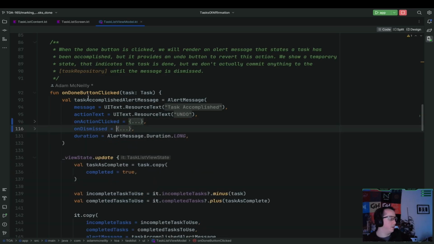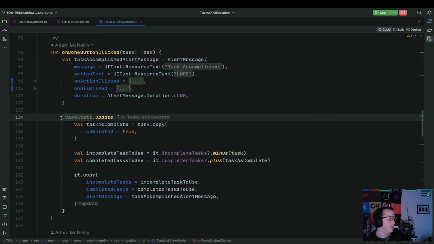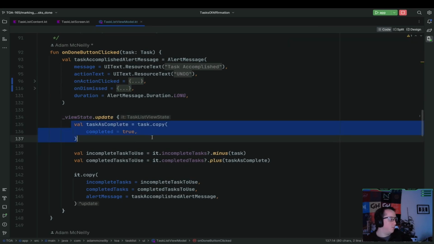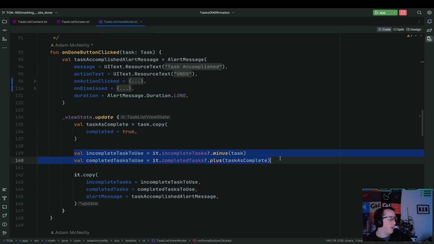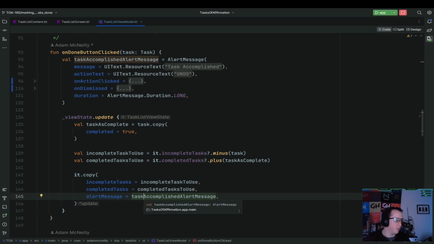But then also, after we create this alert message, we need to update our view state where we pretend the task is complete. We update our lists accordingly, and then we update our view state. But the big thing here is we're setting an alert message. So,